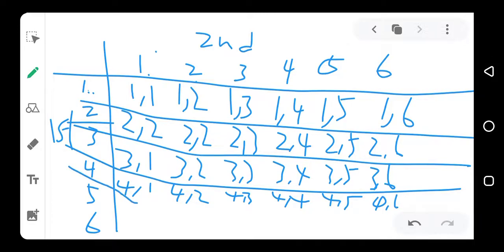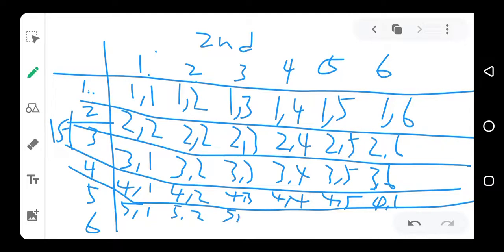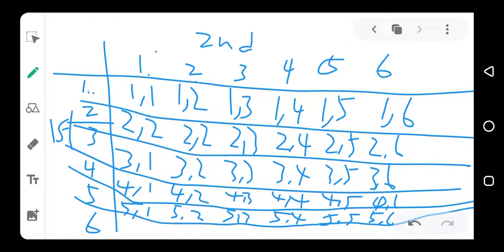This 4 goes for this, and then 5 we have 5 1, 5 2, 5 3, 5 4, 5 5, 5 6, and this 5 goes for this line, that's this row, and then 6, 6 1, 6 2, 6